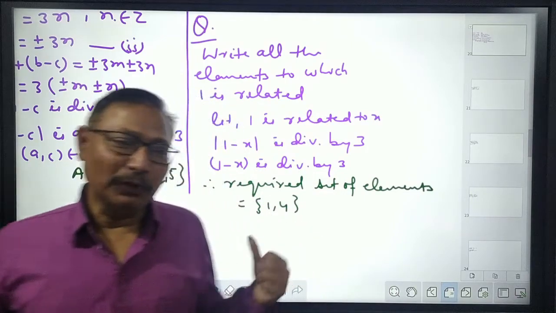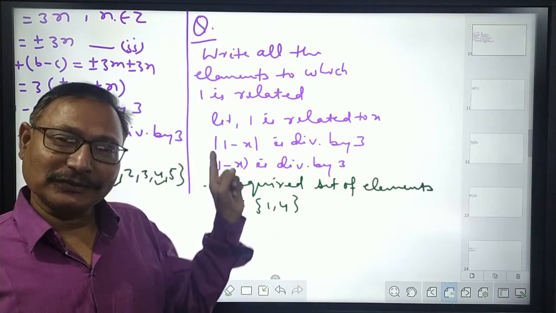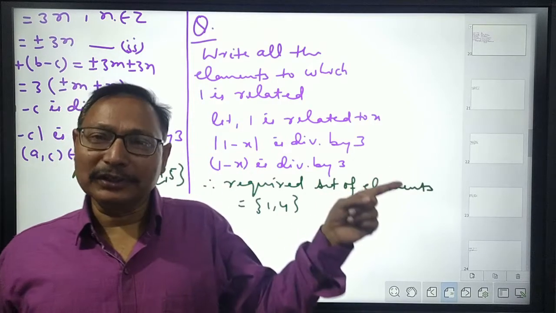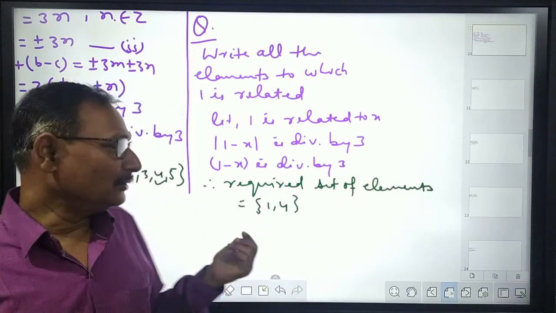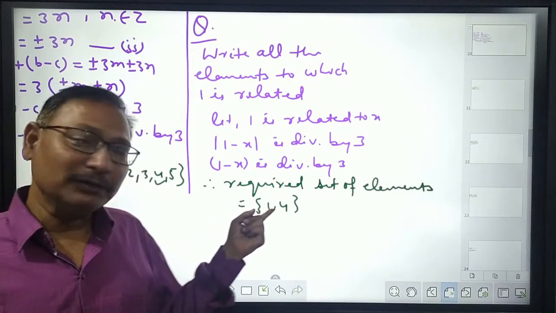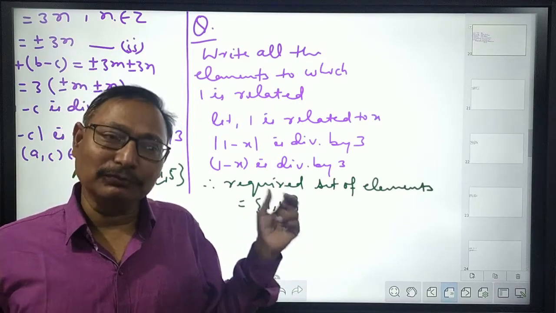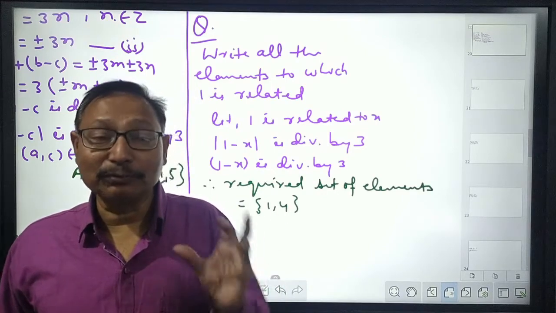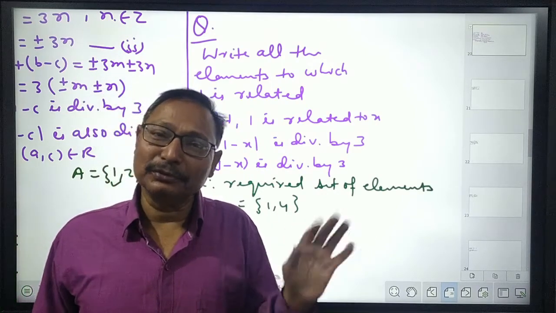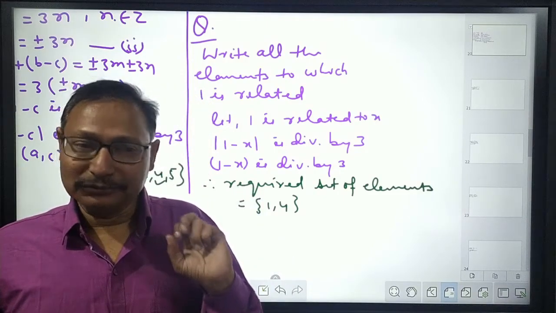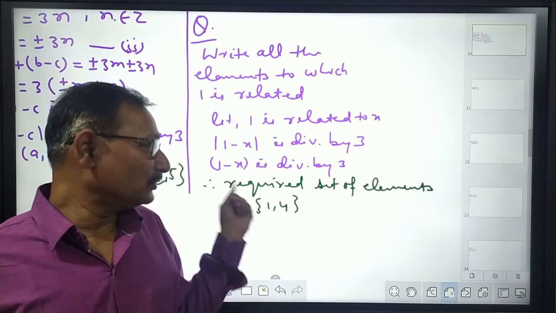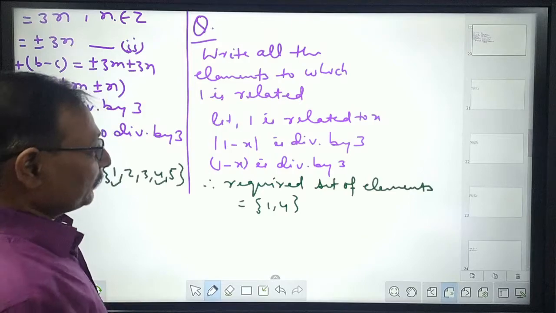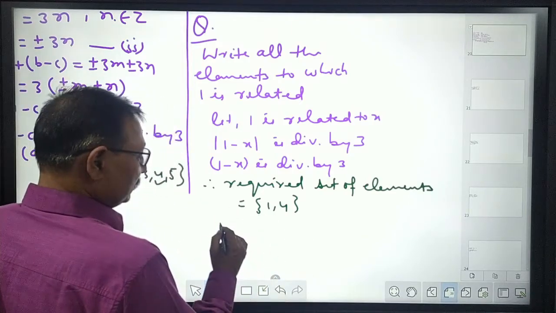Okay, first of all, think about the situation. The question was asked: write down the numbers which are related to one. वन जिस जिससे रिलेटेड है उन नंबर्स का आप लिस्ट बताओ. Then we got 1 and 4. These two numbers are related to 1. Actually (1, 1) and (1, 4) are members of the relation, because the modulus of the difference of these two is divisible by 3. So 1 is related to these two numbers. Again, it can also be written in this way.